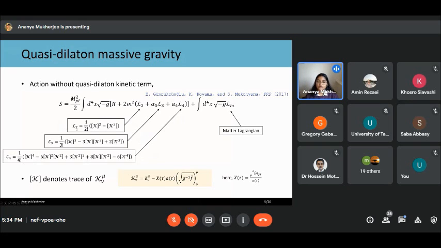It's made up of the contributions L2, L3, and L4, and they are constructed by tracing various powers of matrix K. K is a special combination of the physical and the fiducial metric. So here we also introduce this parameter x, which will be useful for our